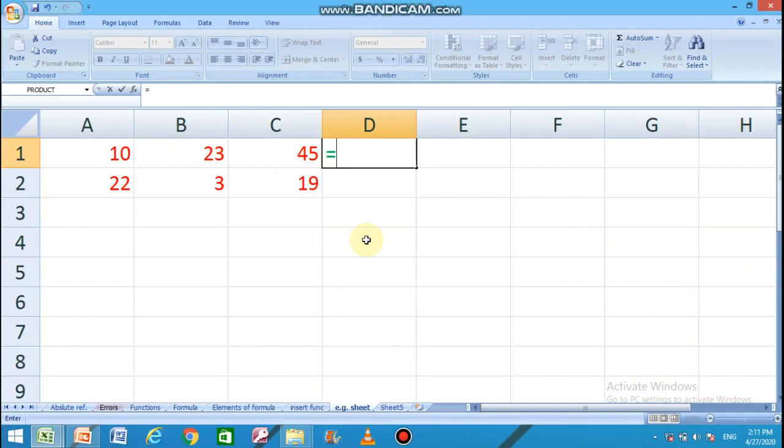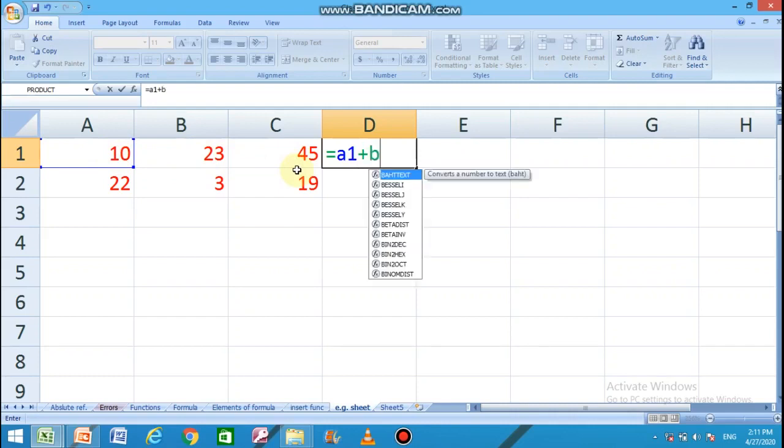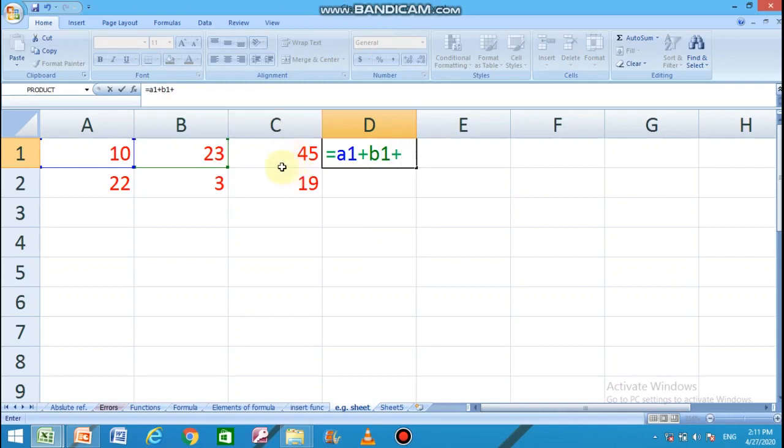Then type the cell address of 10, that is A1. Then what we like to do with all these three numbers together, we like to add them. So we'll type the plus operator. Then B1, and then the third cell address C1. Enter.